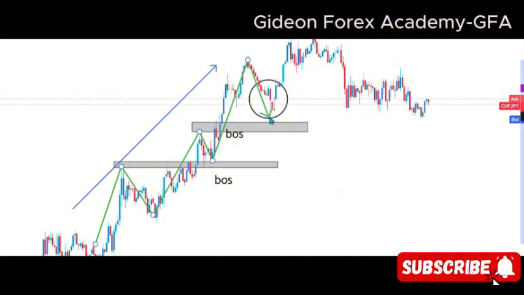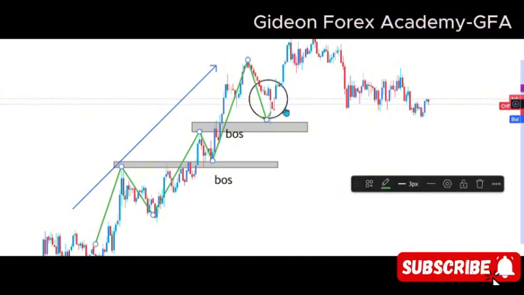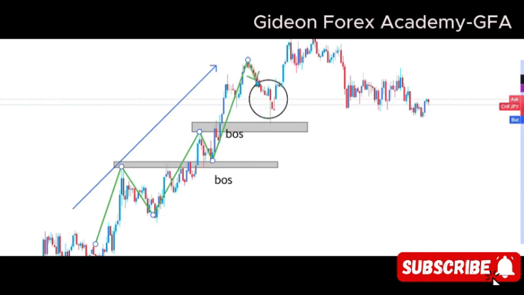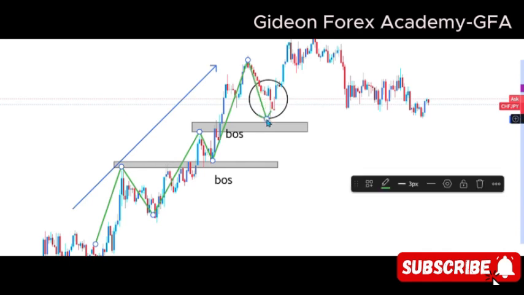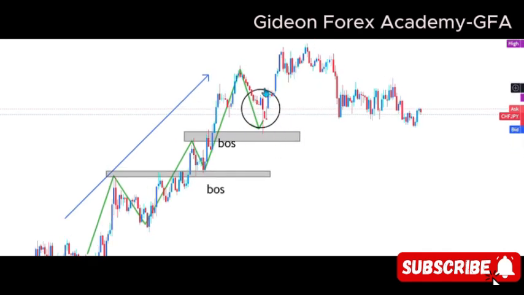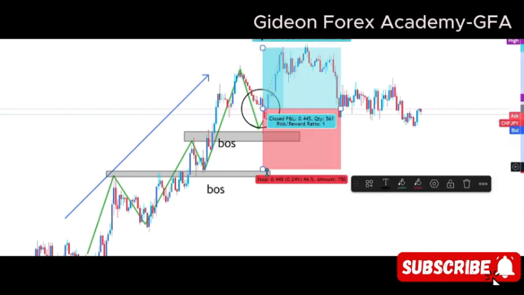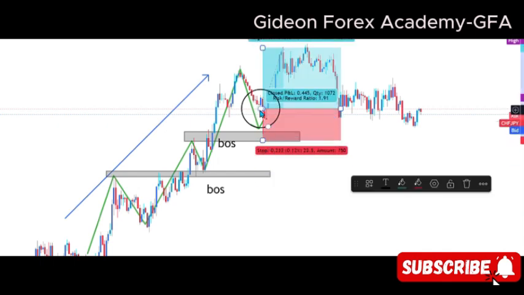In this case, after this momentary retracement down to the downside, right here to retest this previous break of structure, which has turned into support, because it is an uptrend, we are looking to buy. So we are looking for any candlestick pattern to confirm our entry. We see a hammer candlestick pattern right here. After that hammer closes, we open our buy position and place our stop loss just below the long wick of that